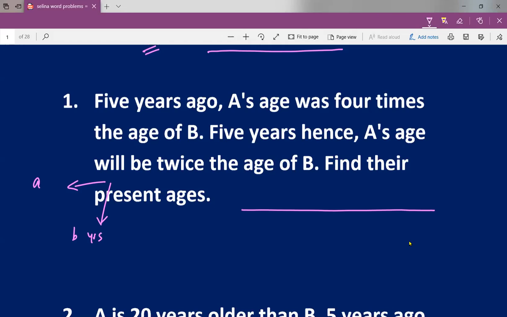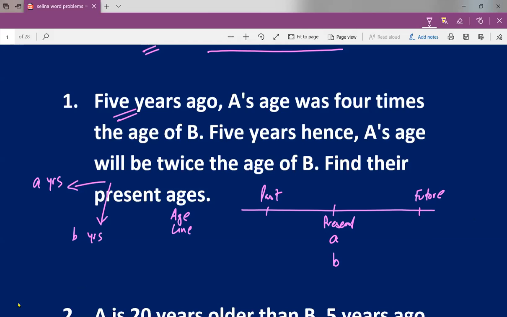Yes, just assume that. And the second thing, what I do when I'm solving these kind of problems is that I have this age line, in which this is my present, this is my past, and this is my future. And all information that I have in the question, I'll try to put this on this age line. Okay. So present age of A is A, of B is B.